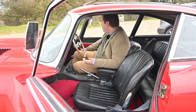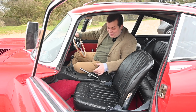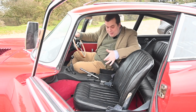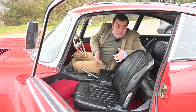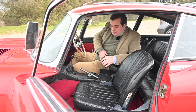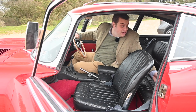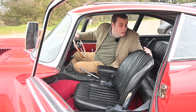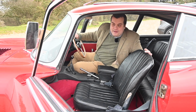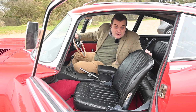There's no door pockets here. The glove boxes, well, we don't really know. But there is actually a cubby underneath the armrest, which to me seems incredibly modern for a car from 1966. So that's good. The back seats in this 2+2 model really are, to be honest, probably going to mainly be used as a storage area, and that's quite handy, I suppose. There's no cup holders. There's nothing else in there. I mean, this is a car for driving, not to put